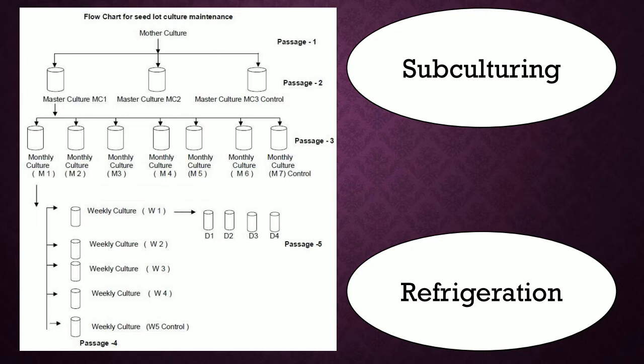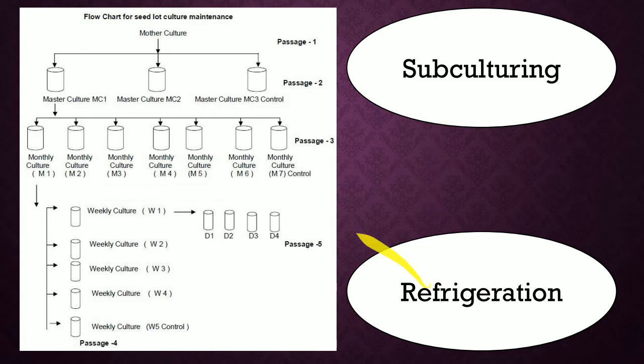The problem here is that the organism does not die and it is growing very, very slowly. So that means the nutrients will eventually get utilized, and there will be waste products that are also building up in the medium, which means that after a few months, if we do not subculture the refrigerated samples, the organisms will die. So subculturing and refrigeration are usually used together. The organism is subcultured after every few months and then refrigerated so that it can be stored for a long time.